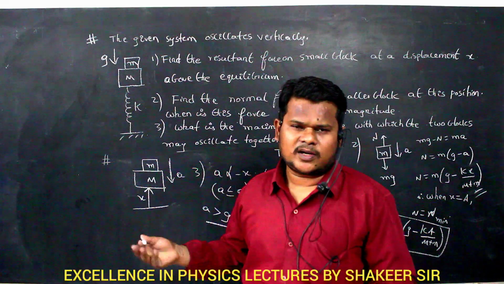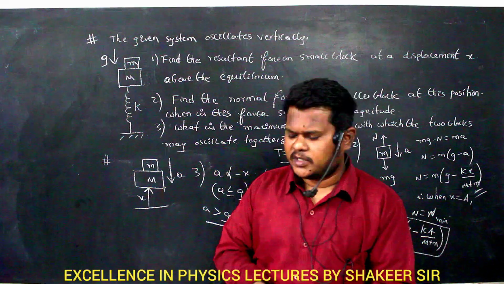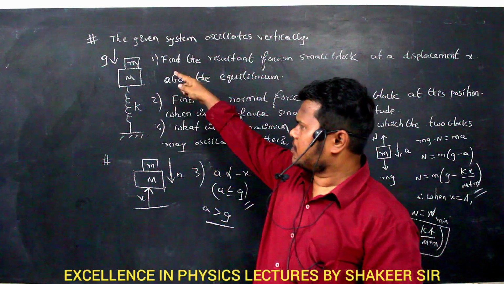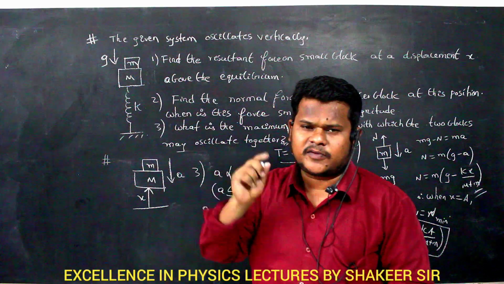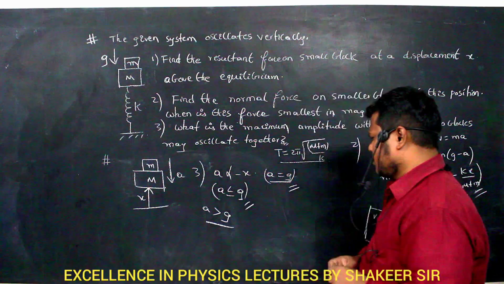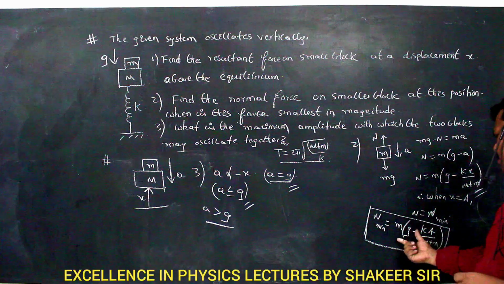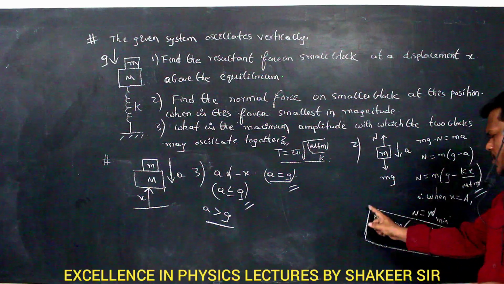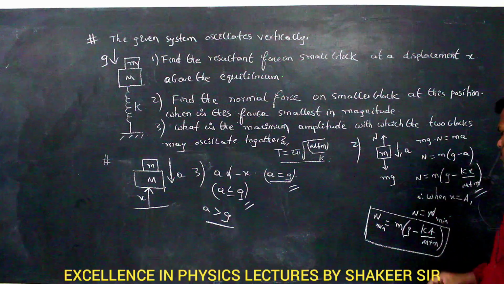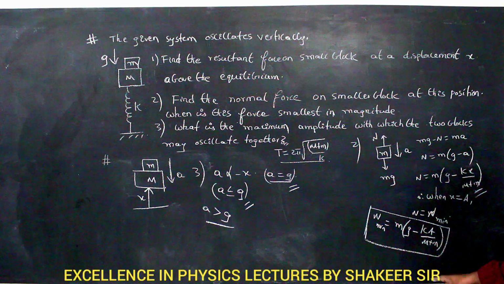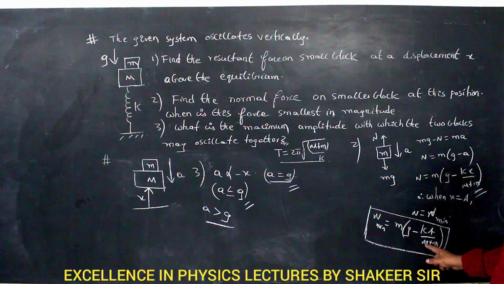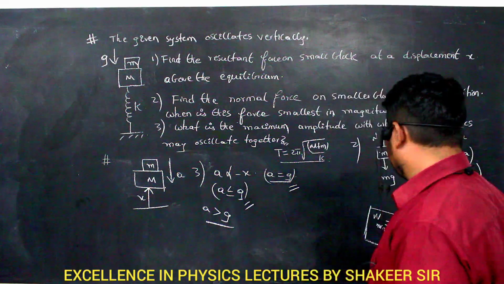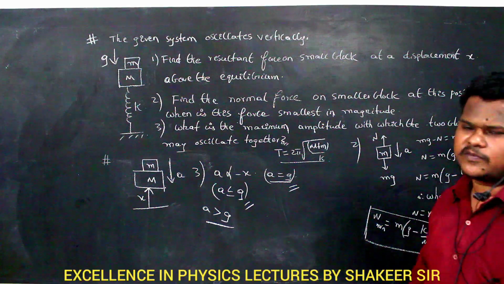So capital M also cannot give any amount of normal reaction. Clear? So therefore normal reaction should become 0 when these blocks are coming down with maximum acceleration of a equal to g. Now for normal reaction we have already calculated a relation, no? So m into (g minus k a divided by m plus M). In which condition can normal reaction become 0? Normal reaction can become 0 when, magnitude wise, g and k a divided by m plus M are equal. Clear? Because when they are equal, the total sum will become 0, then the normal reaction between them will become 0.